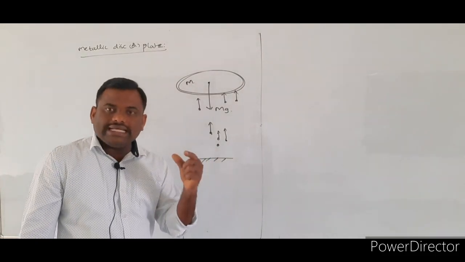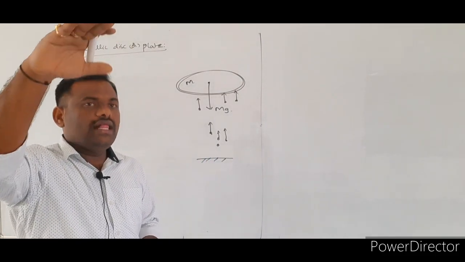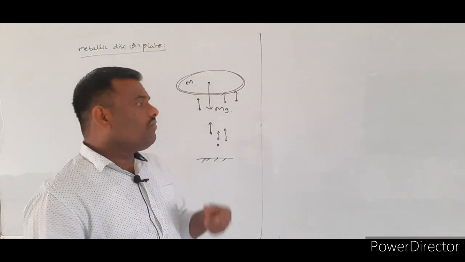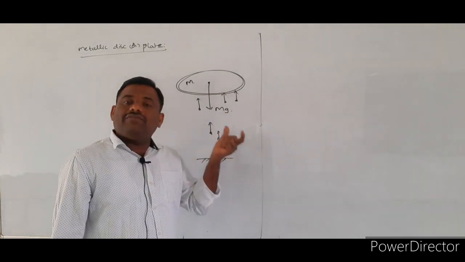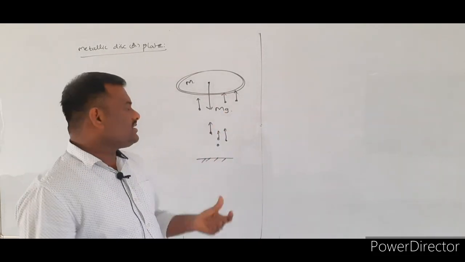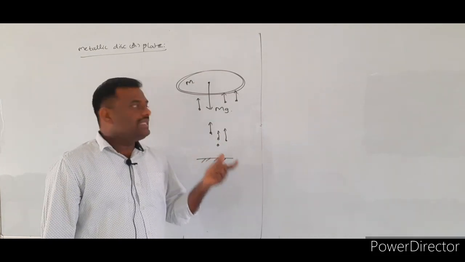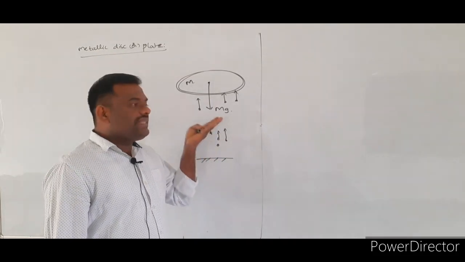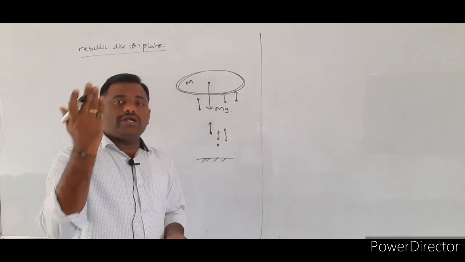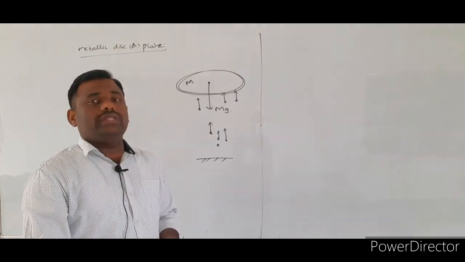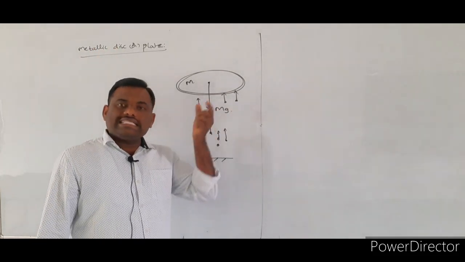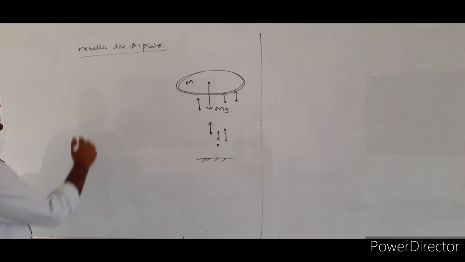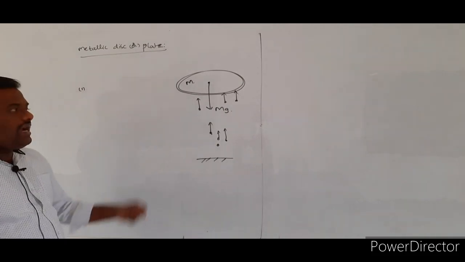So what is the application here? We consider one metallic disc placed in the mid-air without any support. For that purpose, I have to balance the weight of the disc. By using a machine gun or any one of the guns, I am firing a number of bullets. With the help of the bullets, I supply some external momentum to the disc. As a result, it stays stationary in the mid-air. So in case 1, we are firing the bullets.